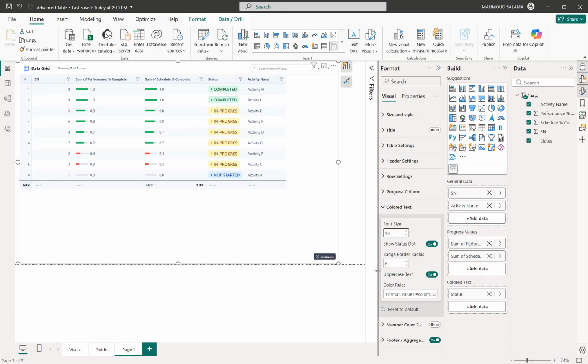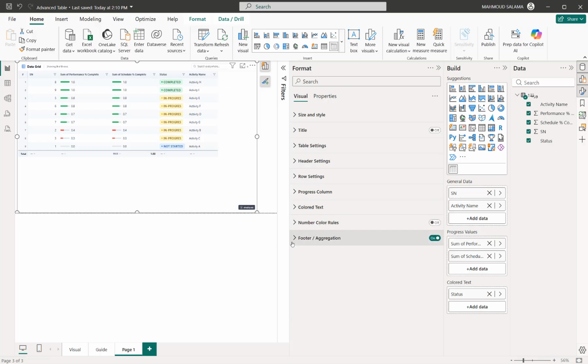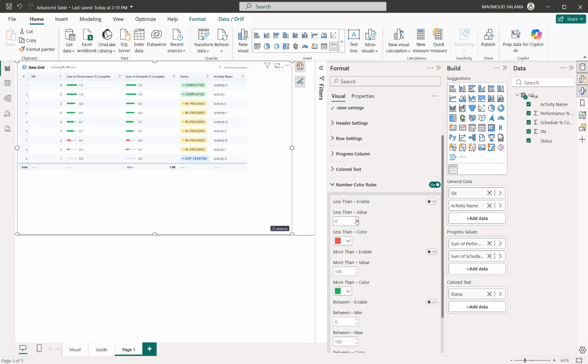How do you change the color? It has a format. You write the word you want to change, for example, completed, and then you write its color. Then you add a comma and write the next word, for example, in progress, and then you write its color. Here, the number format, if you have a row with a number, you can give it a specific color like this based on what